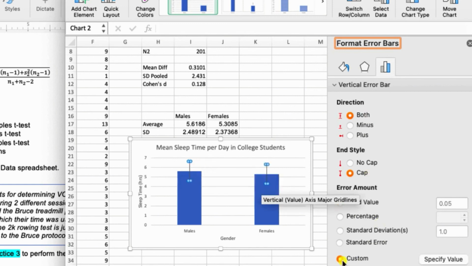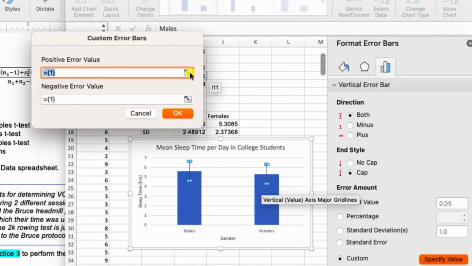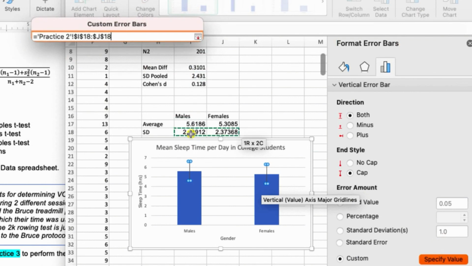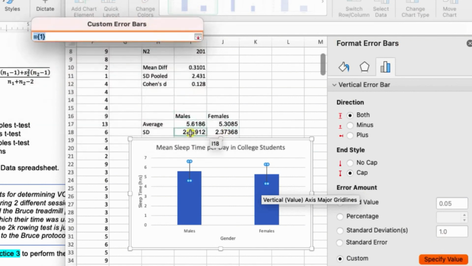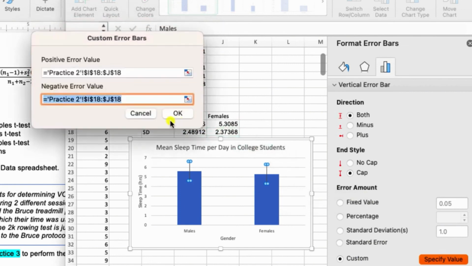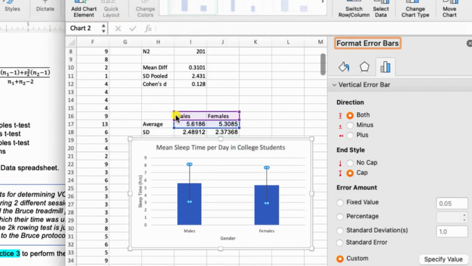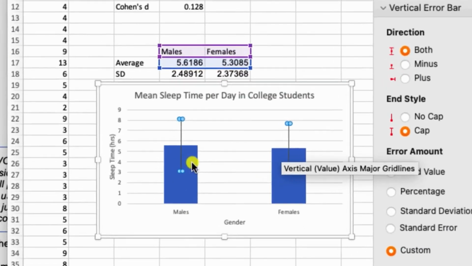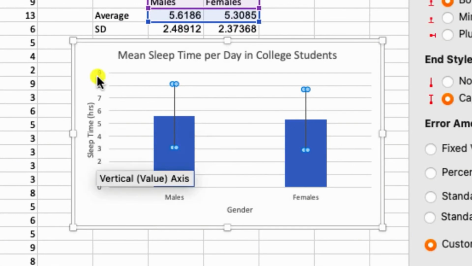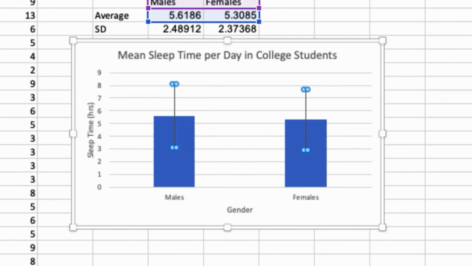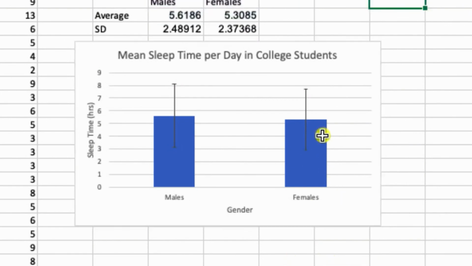And then we need to do custom and then specify value with our positive error representing the calculated standard deviations, and the negative error also representing the calculated standard deviations. So then I can press OK. My errors change. And then I think that this is a fairly acceptable range of data for a vertical axis label, so we'll just keep that as is. But your graph should look something kind of like